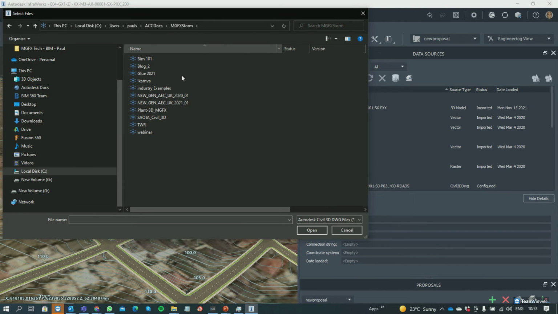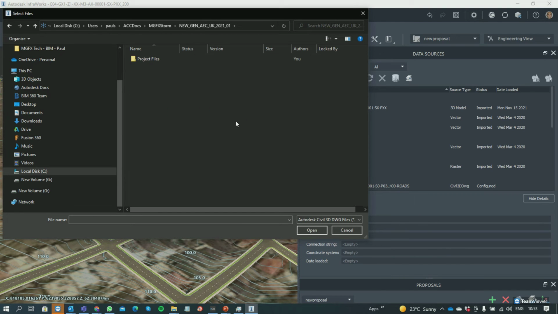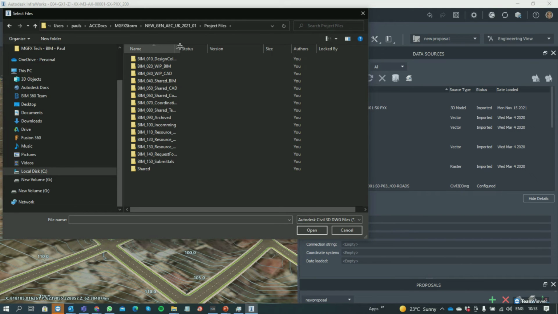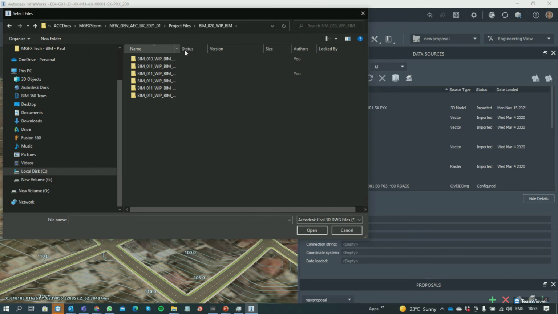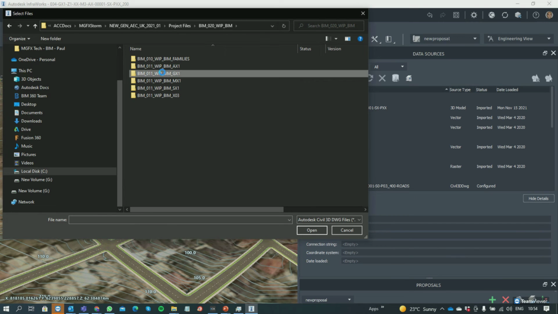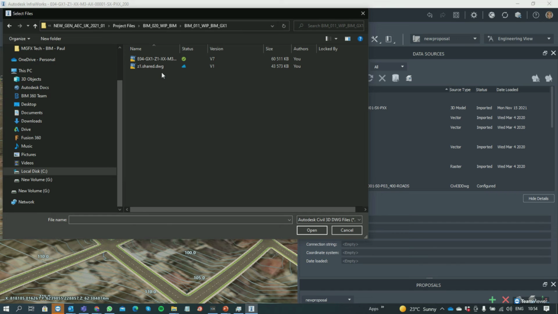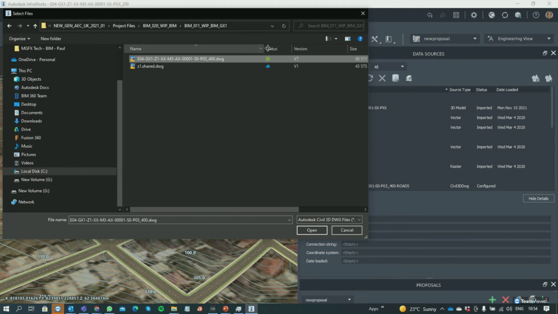And within this demonstration project, we will find the Civil 3D file, which we are working on. Yes, I think it will be this one. And then once we open that,